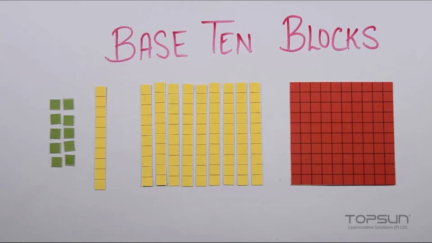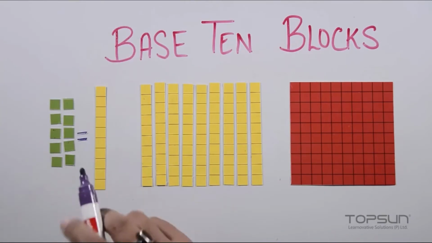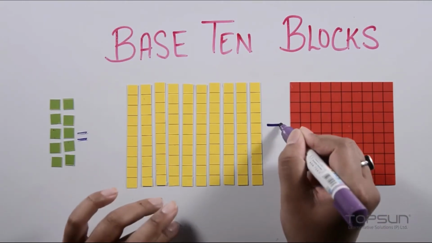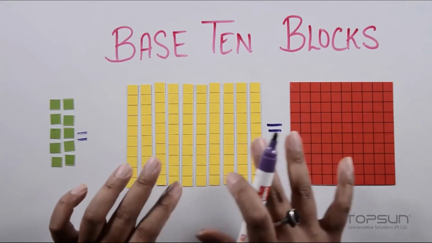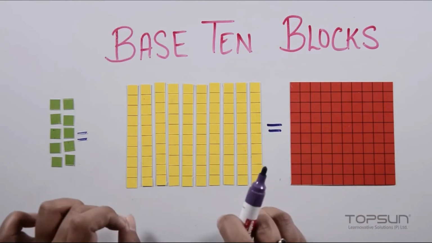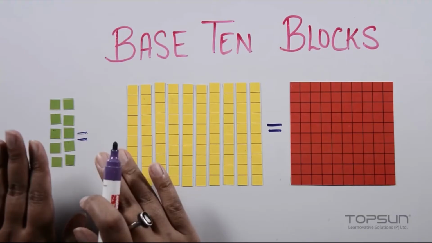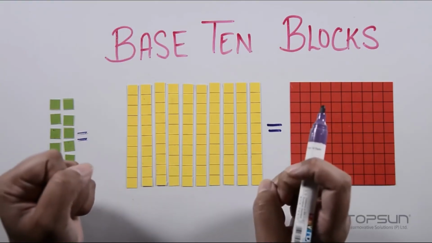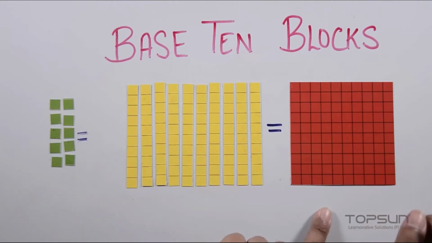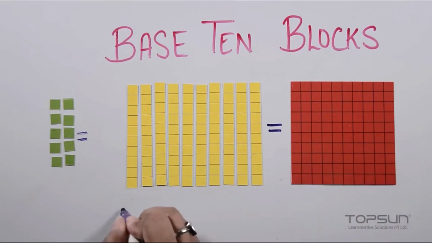Since kids are now familiarized with the concept of how 10 ones make a ten, in a similar manner we can show them how 10 tens can make 100. Combining and trading of rods will provide kids with a connection between concrete and symbolic representation of numbers. Larger blocks are built by using smaller blocks. Now if we can use smaller blocks to build larger blocks, it makes sense that we can break larger blocks into smaller blocks, such as we can see here, 100